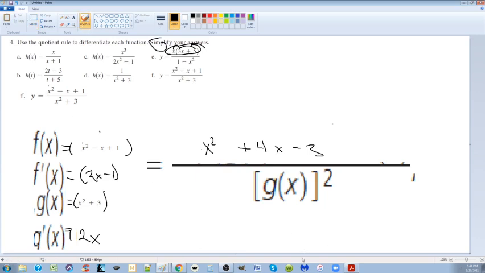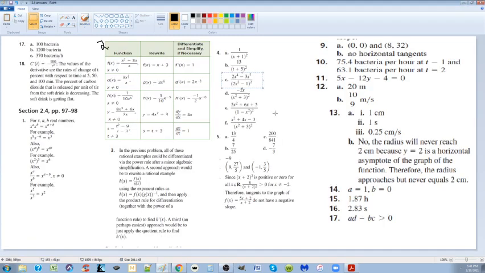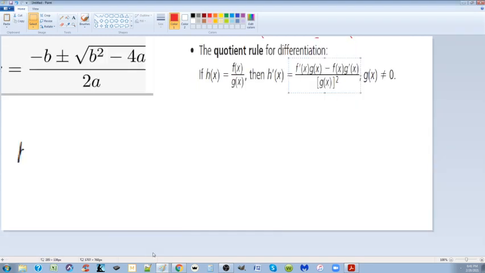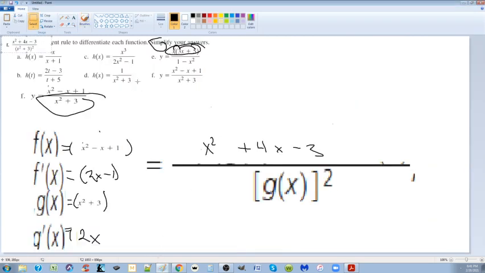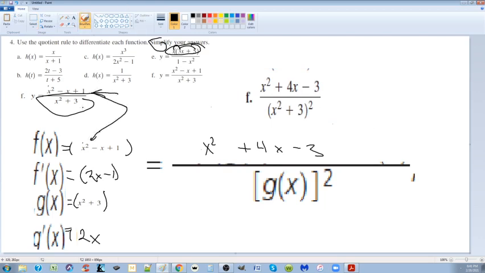I would, but I believe that this is going to be what the book says is the simplest form of, which one were we doing? We were doing f. So we're going to see what the book says. And it says this. Got it. Okay. So it's much easier to assign the top as f of x, assign the bottom as g of x,